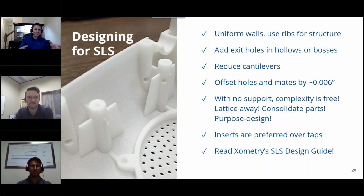The cool thing is then you could add the extra option of also, you don't need to think about how to get a slide or a tool in there. You can now also build little features to accommodate off-angle holes or other features and go to town with this. Some of the more fun design for 3D printing options that I see in SLS designs are features like exit